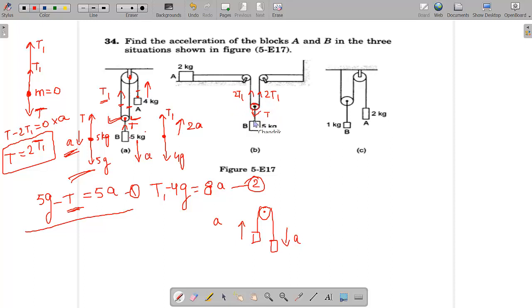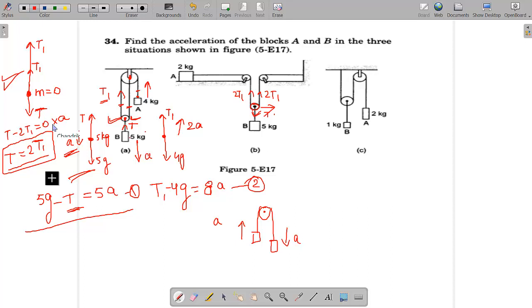Okay, when you consider the pulley, it is downwards. Yeah, the pulley is massless as given, so you can directly assume that T is equal to 2T1 here. But once the mass of the pulley comes into the picture, you need to solve it differently. Understood? You have to include the mass of the pulley and there will be a totally different relation here.